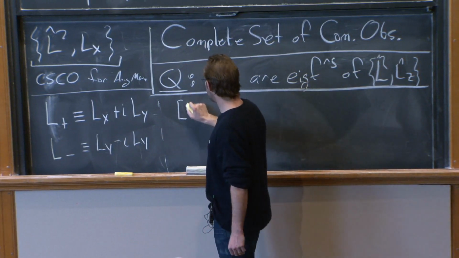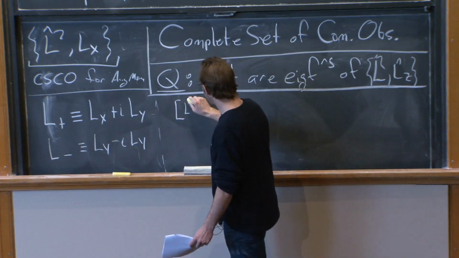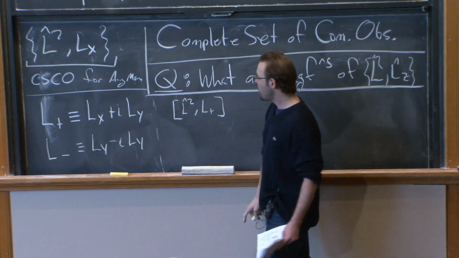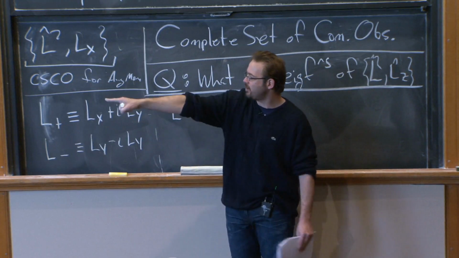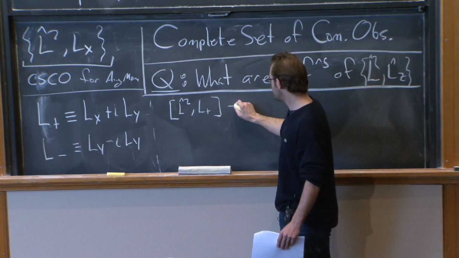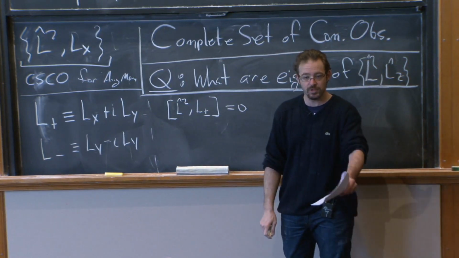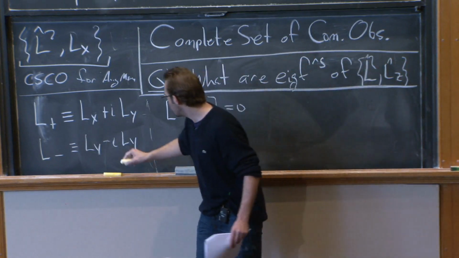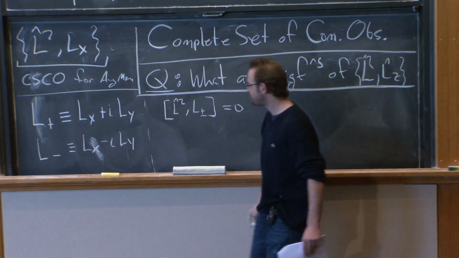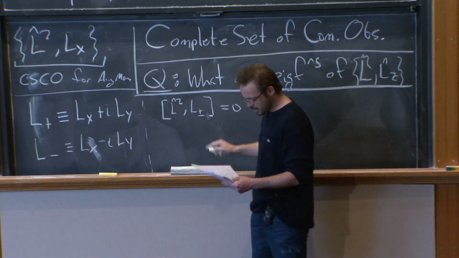If we take their commutator, something totally lovely happens. I'm not going to write all the commutators. I'm just going to write a couple. The first is, if I take L squared and I commute with L plus, well, L plus is Lx plus i Ly, and we already know that L squared commutes with Lx, and it commutes with Ly. So L squared commutes with L plus. And similarly for L minus, it commutes with each term. Question? Oh, sorry, Lx. Shoot, that was an x. It just didn't look like it. Lx minus i Ly. So it commutes with both L plus and L minus.